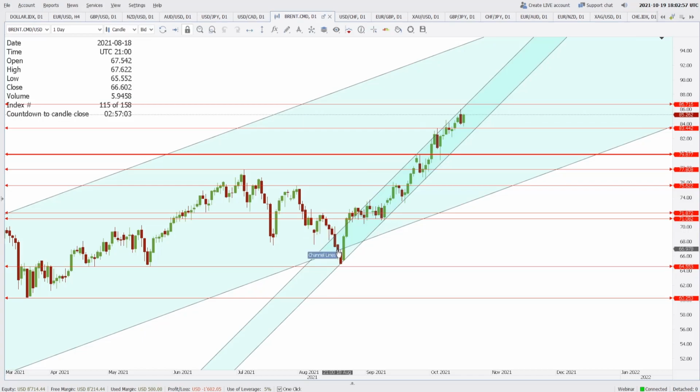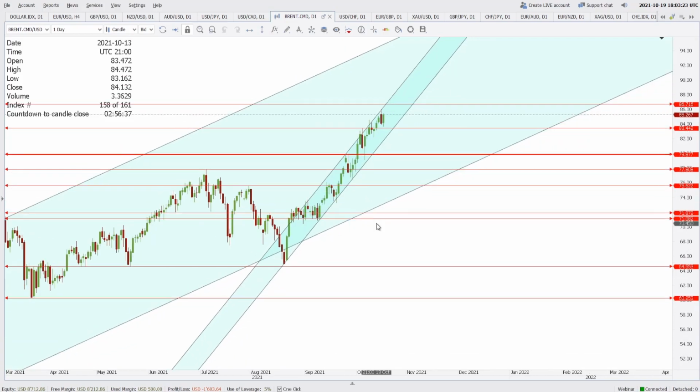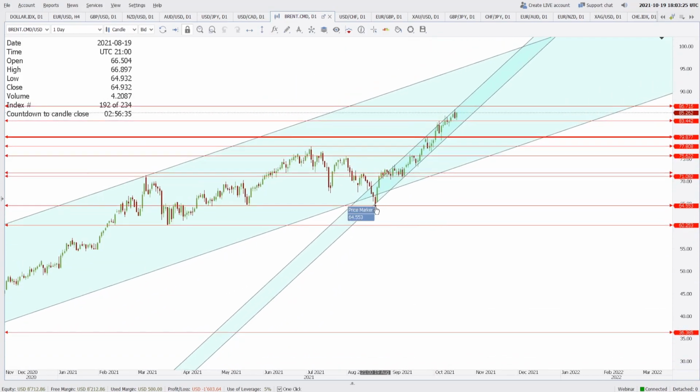The crude price is also moving in a similar manner as the USDCAD, but it is moving in the up direction. So because it's a negative, inverse correlation between Brent and the USDCAD, expect 86.71 to be tested soon in this chart if the USDCAD keeps going down. Now Brent prices have risen very much from